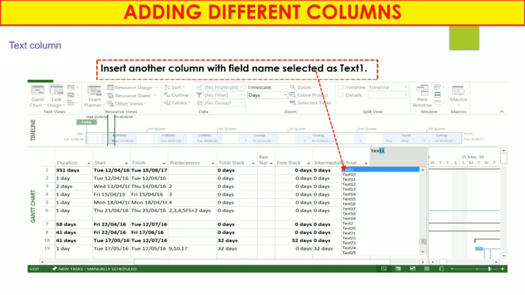To add different columns in MS Project, insert another column with the field name selected as Text 1. If you want to add any kind of text that you maintain based on your responsibility, any kind of task name or project requirement, you can add a text column also.